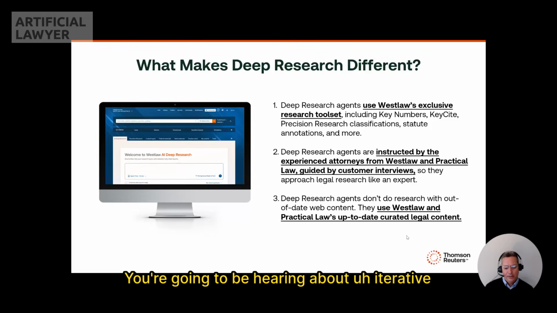You're going to be hearing about iterative agentic processes for research a lot because it's a much better way for AI to conduct research, to have agents formulate plans and to move through the research iteratively like a human would, but to do it in a much more expansive and sophisticated way using tools. Here we're using tools like the Key Number System and KeyCite, precision research topics, statutes, annotations, indices, etc. So that's one thing that makes our deep research capability different is the tool set that our agents have access